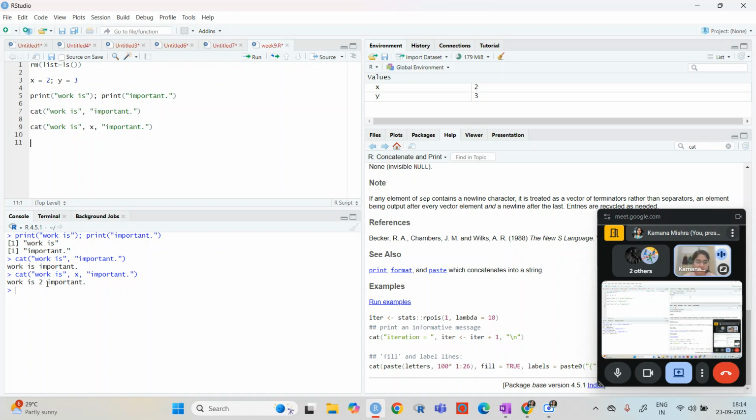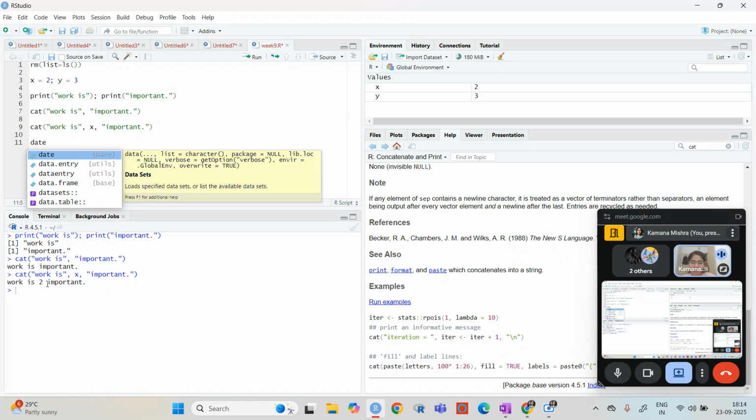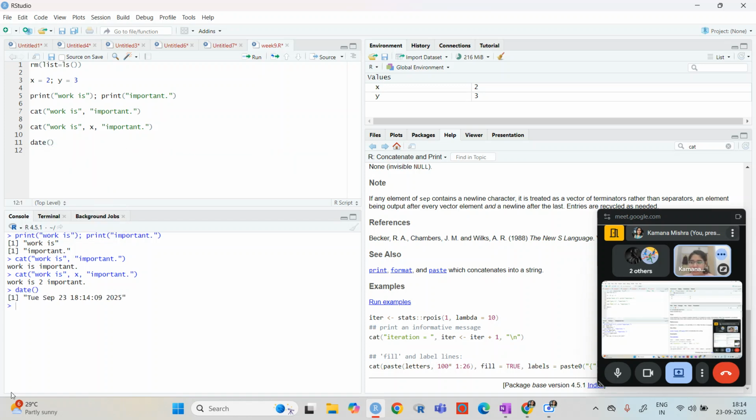Now once I know that I can use this, I can make use of this in other ways also. If I just write date, system date, and print, then it will give me the date and time.